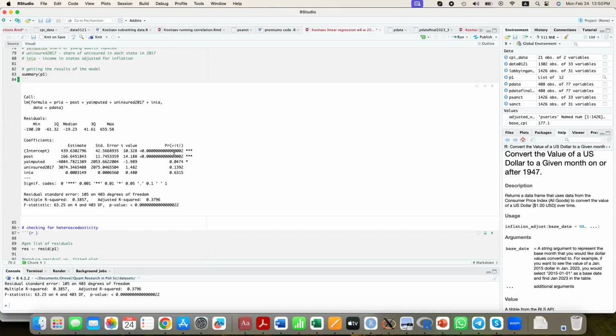And then you have to write down the sentence. Variable this has this p-value, it's smaller than 0.05, it is statistically significant. Then you have to interpret the coefficient. And coefficients in linear regression are percentages. So in this case,